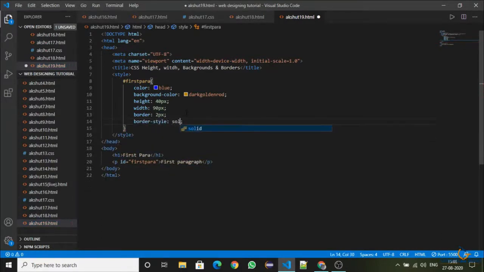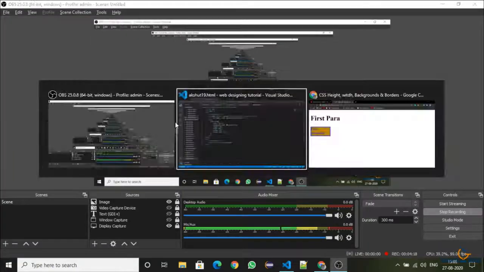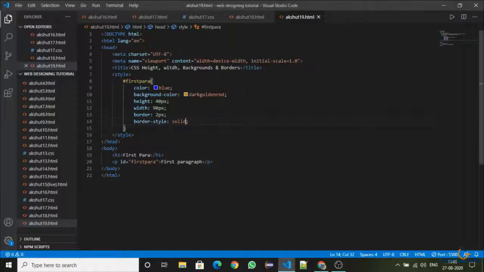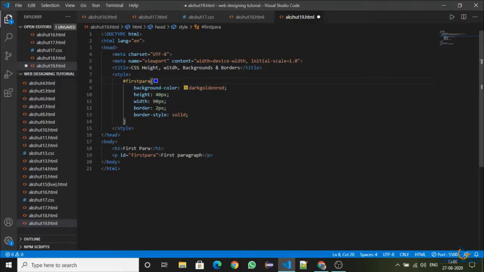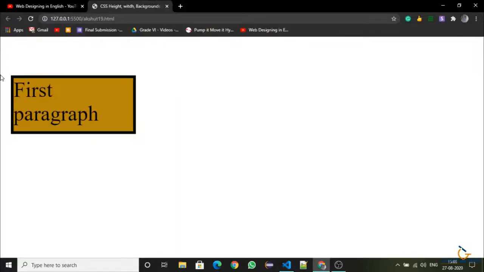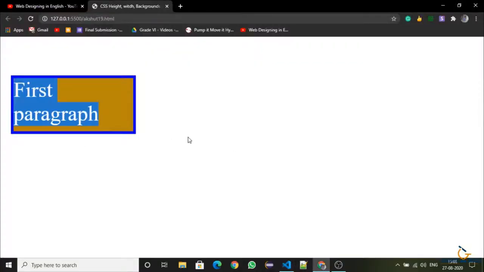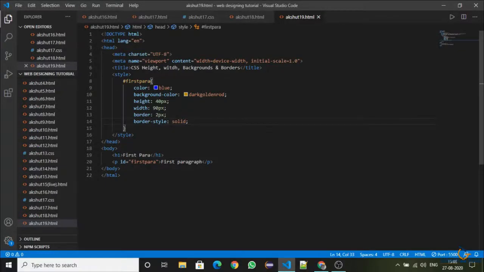As you can see now, a purple border is here. So if I remove this, then save it, then it will be black, as it changed the default color to this color only. So as you can see here, the color has changed. A 2 pixel border formed here. I will increase the width to 200 pixel like this, and height to 60 pixel.